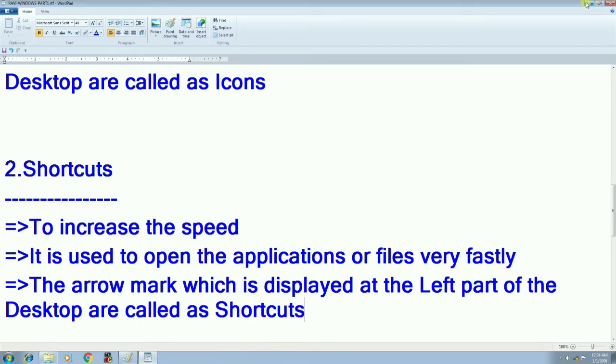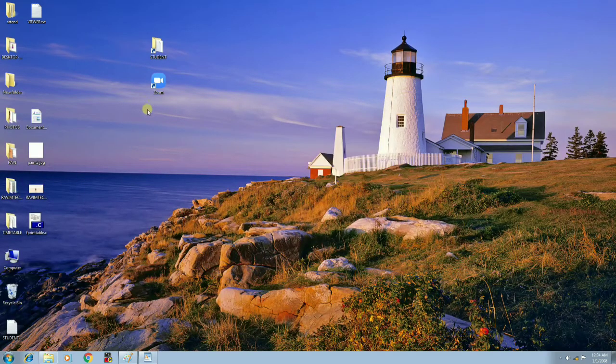So how to create that shortcut, how can we open the application very fast? Let me explain with a practical example. In my computer I have a lot of files. I stored some files in the D drive. To access the computer properties, they are stored in the hard disks. Those hard disk drives are available in the computer icon. Through the computer icon you can access your system properties, meaning files and folders. For example, I want to open one folder in the D drive, like C programs.